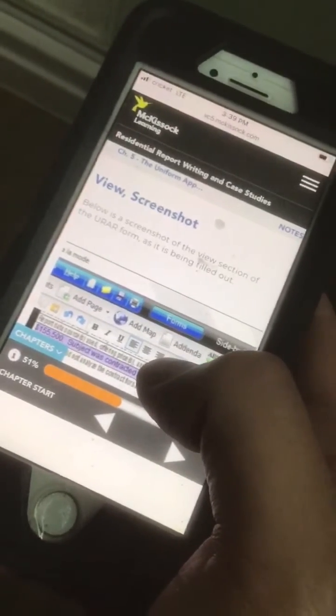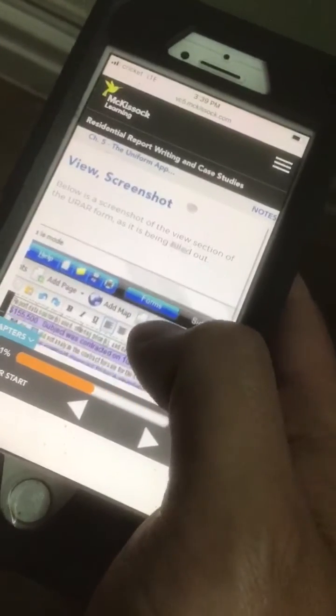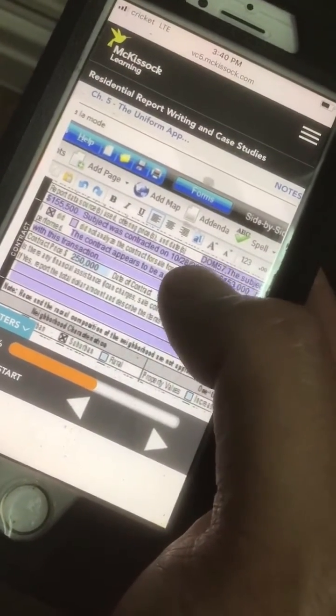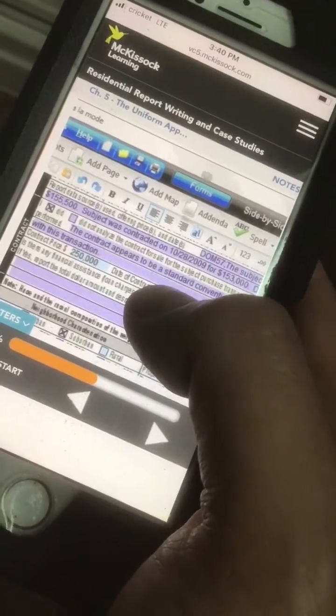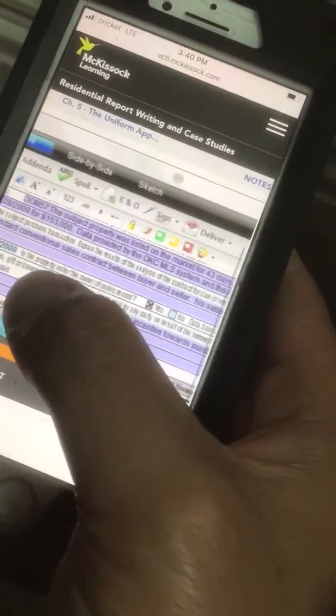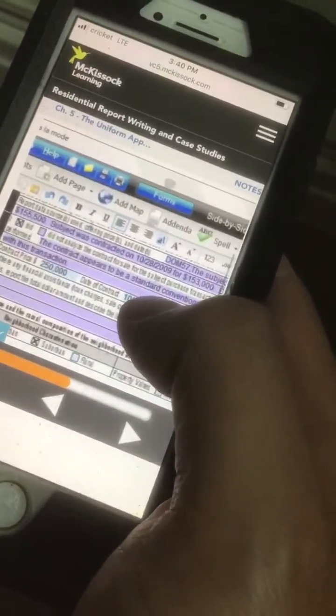Residential report writing case studies, chapter 5. View screenshot. Below is the screenshot of the view section of the URAR form. It is being filled out. It shows this is auto mode. It shows you're in the contract section. It says something about report data sources used, offering prices and date. It says DOM 57. The subject property was listed on the market for 43 days at an asking price of $155,000 and